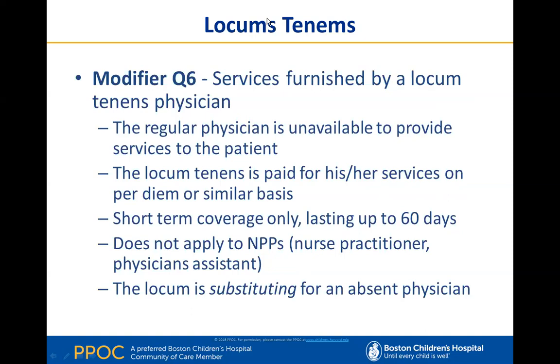Great. Can I pause you really quickly, because we do have 2 questions that have come in while you've been presenting, and I know the next section that you'll talk about will probably be pretty in-depth. So if you don't mind, the first question was, when you are counting systems in the ROS, does it have to be 10 separate body systems or 10 items? For example, breath sounds are clear, no retractions, no flaring. Is that counted as 1 or as 3? Counted as 1. 10 different systems is the answer.